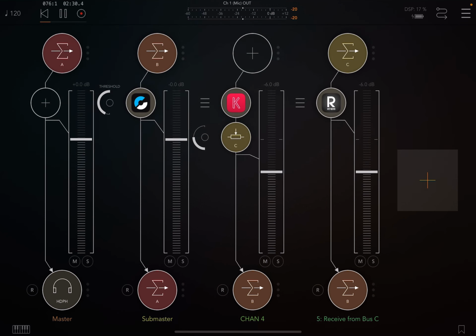So if we hit play, you can actually move the fader on the reverb, and that controls how much reverb is on it. The other thing you can do is leave the reverb really strong on bus C, but send it less. So this bus send also has a mixer. If I move it all the way down to 0, it's not adding much of the signal from C into our Koala sound. And if you move it all the way up,